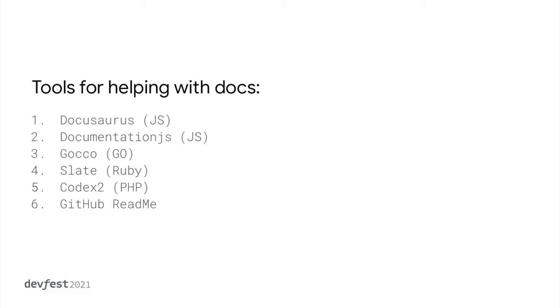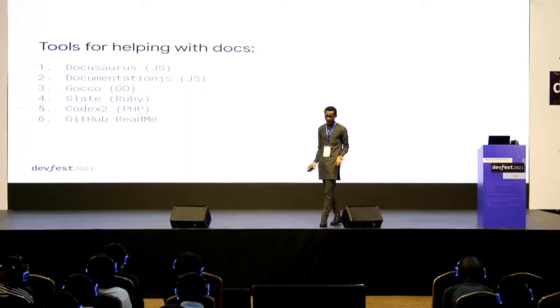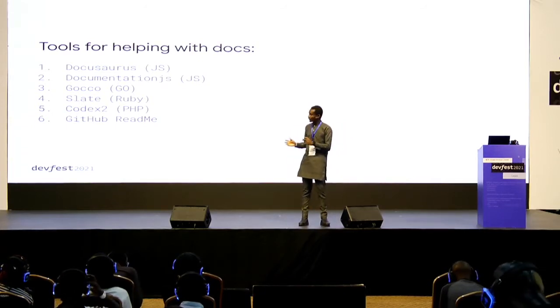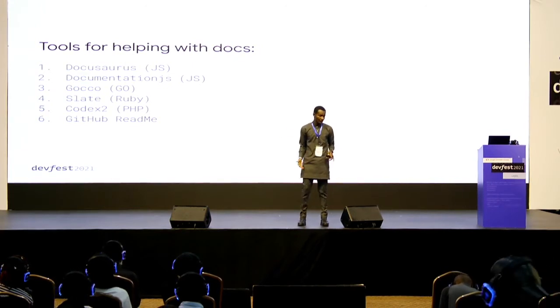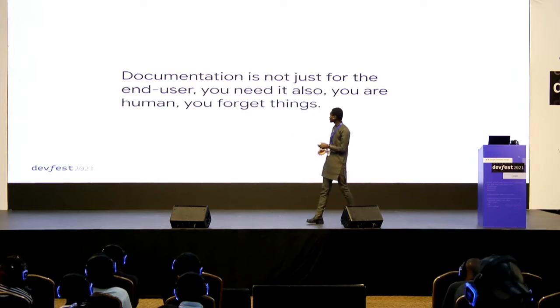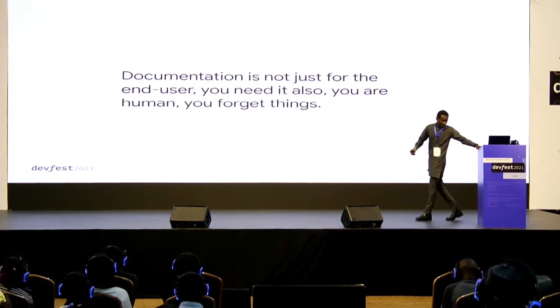I'm not saying GitHub README is a great way to document your projects, but at the same time, it's not so flexible, right? You might need some additional features, and there are some things that Docusaurus offers that GitHub README does not. So that's one of the major reasons why you have things like this. Let's move on. Let me check out what's written there.